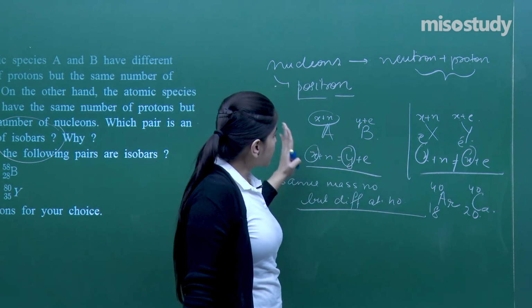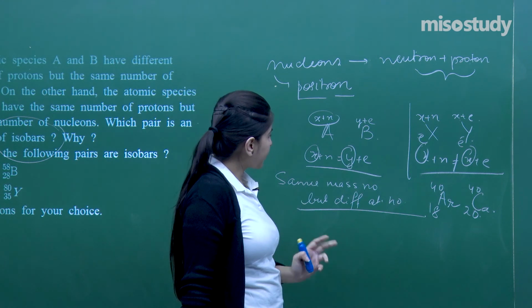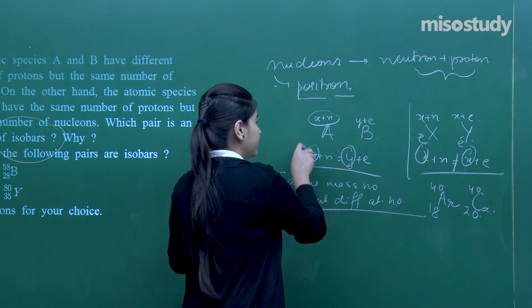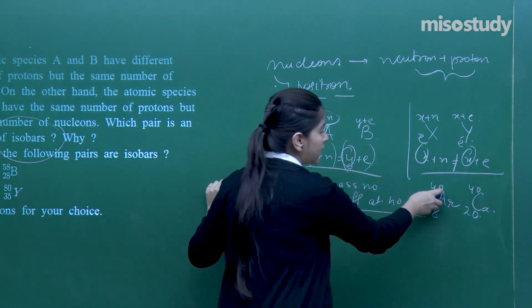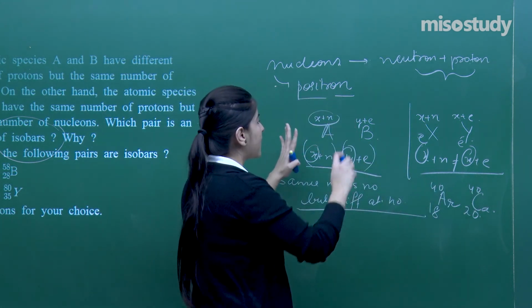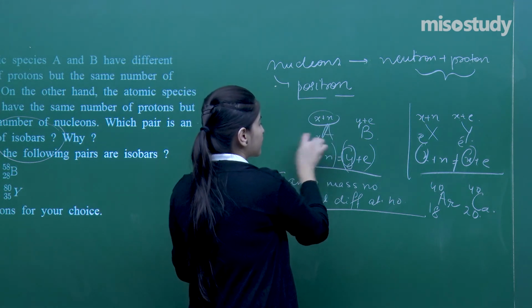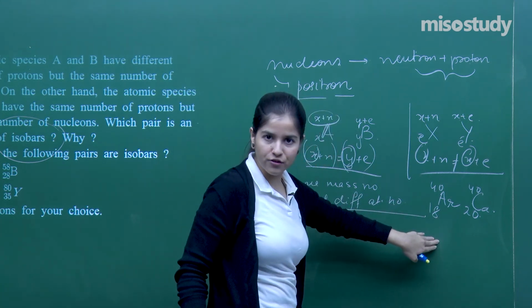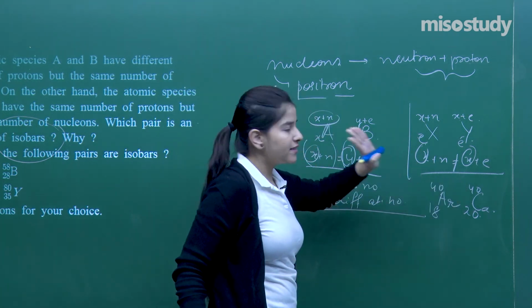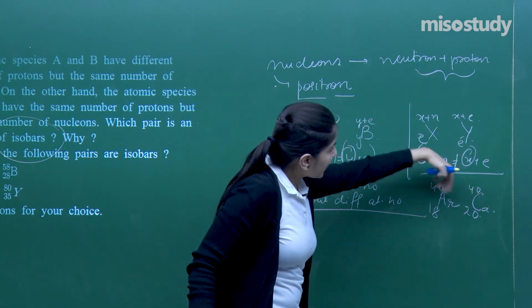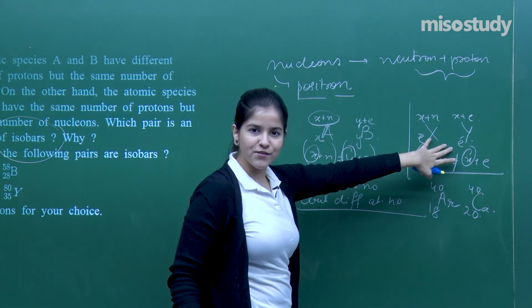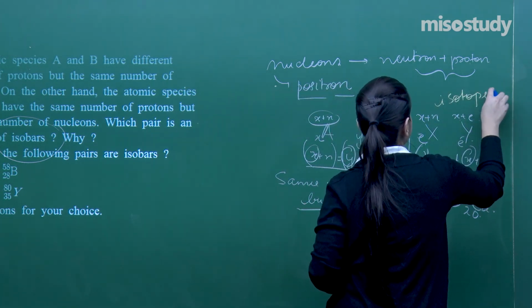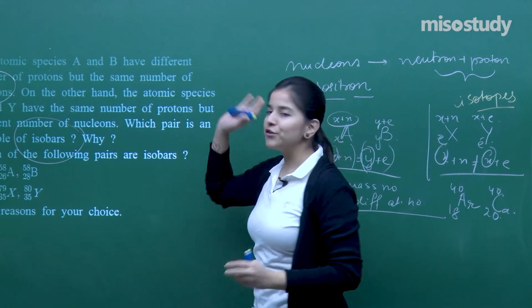So out of the two, which will satisfy the condition? See here, in this particular condition we have that both of them are equal, that means the mass numbers are equal. It doesn't matter how many electrons are there. Just the mass number needs to be the same. What I have explained right here is somewhat related to isotopes. So these are actually isotopes which I have done. Got it? So accordingly you have to explain.